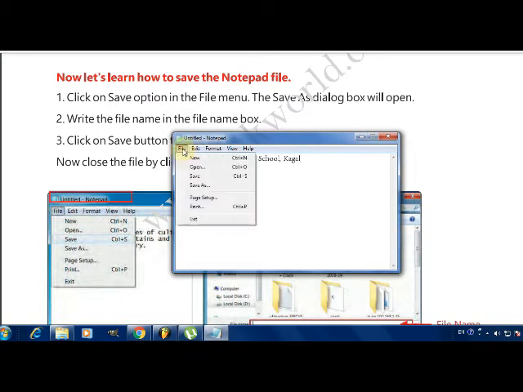A file. When you click on file, you will get the save option here. There's one more option, save as. You have to click on save only. We are going to learn about save as afterwards, but now we have to work with save. Why do we have to click on save? Because we have to store this. Why should we store? If you want to work on it again, then you must store it. So click on file and click save.